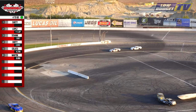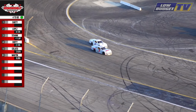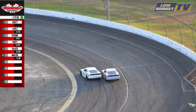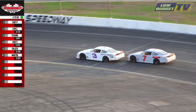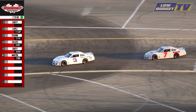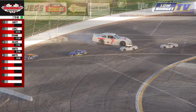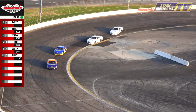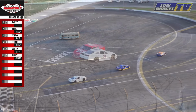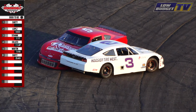4 laps to go here at Irwindale Speedway. Battle is for 4th. Front straightaway into turn number 1. Collado to the inside of Duffy, gets sideways. But he will complete the pass. So while this battle's going on, oh, the 7 gonna go around. Takes the lead, and he will see the checkered flag as the 3 goes for a spin. Uh-oh! And it was Mason Collado in the number 3 who spun it out, and the 5 of George Martin,